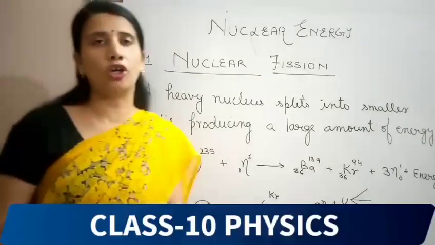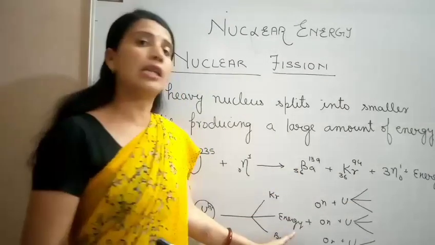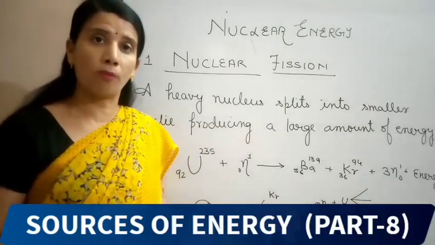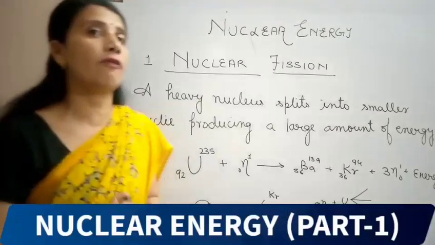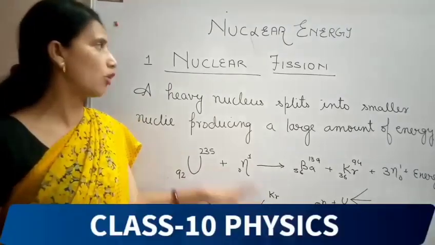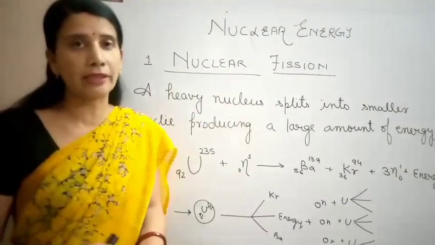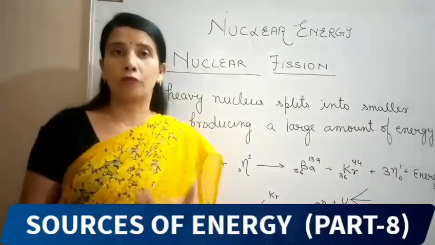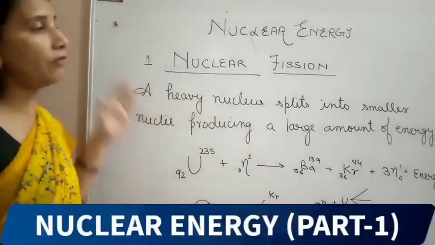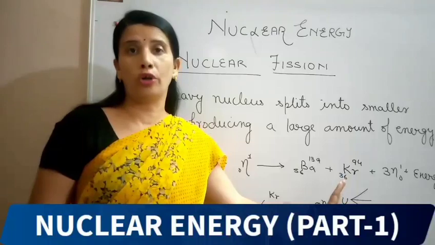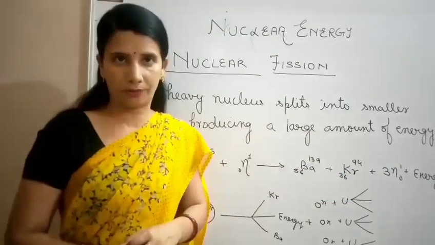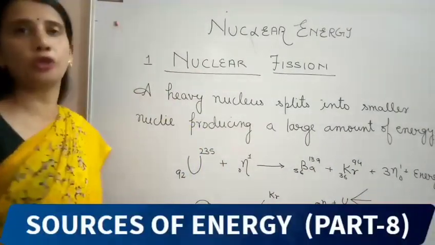If the chain reaction is controlled, because it is producing a large amount of energy, we can utilize this energy in various forms. We can utilize this energy for the production of electricity also. So if we are utilizing the energy of the chain reaction of nuclear fission, it is a good aspect. We can save a lot of our fuel. Fossil fuel can be replaced easily. How? We will be discussing here only. But if this reaction goes in an uncontrolled way, it turns into an atomic bomb, and it is known as an uncontrolled chain reaction. So kids, here we studied about nuclear fission.